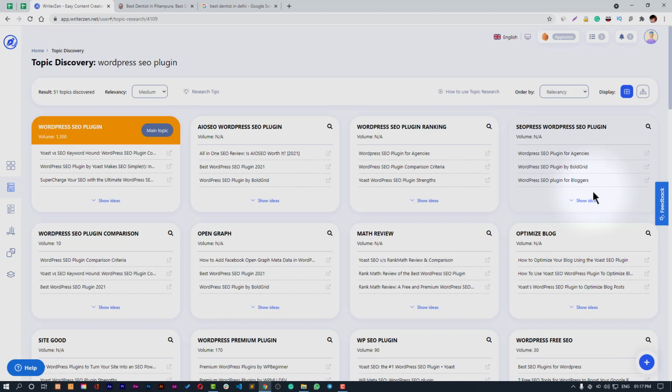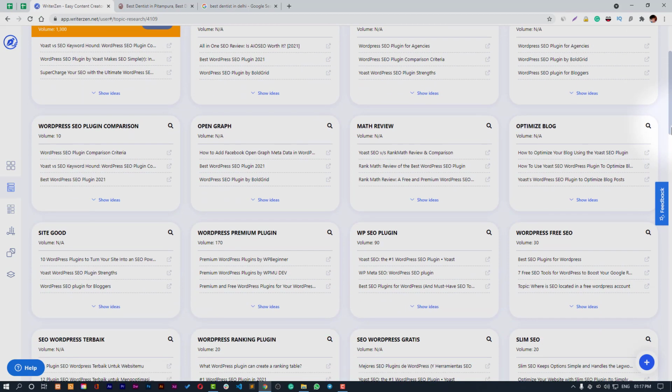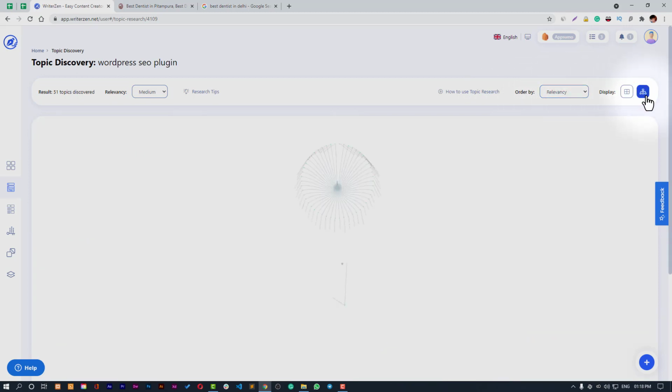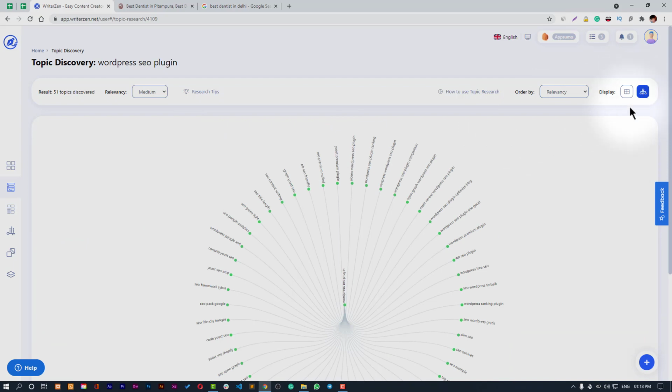So it has completed its research and has presented us all the topics that we can go with. Actually, it has clustered them in cards, as you can see in SEMrush as well, and most of the other software. But interestingly, it is also giving you the relevancy. You can choose, and you can also order this by the search volume or relevancy in the cards, and you can see this cluster.